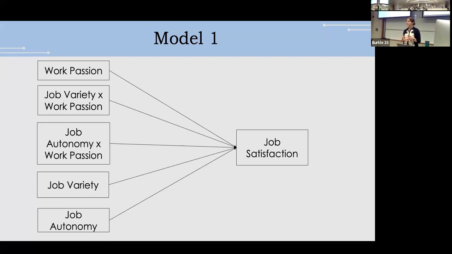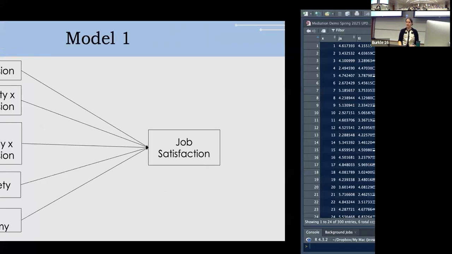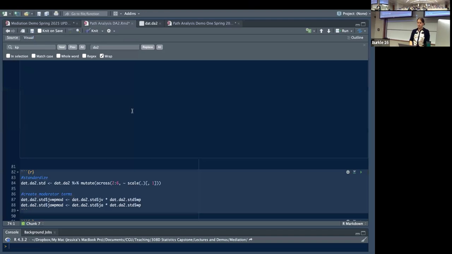That accomplishes the same thing as centering, right? Because then every person's score is being expressed relative to the mean in z-scores. So when I say I standardize, I convert everybody's continuous scores into z-scores. We don't need to do that for this particular model. We could just center, but because I know I'm going to run other models where I mess with stuff a little more, might as well just standardize my variables. So I'm going to standardize my variables and create my moderator terms.